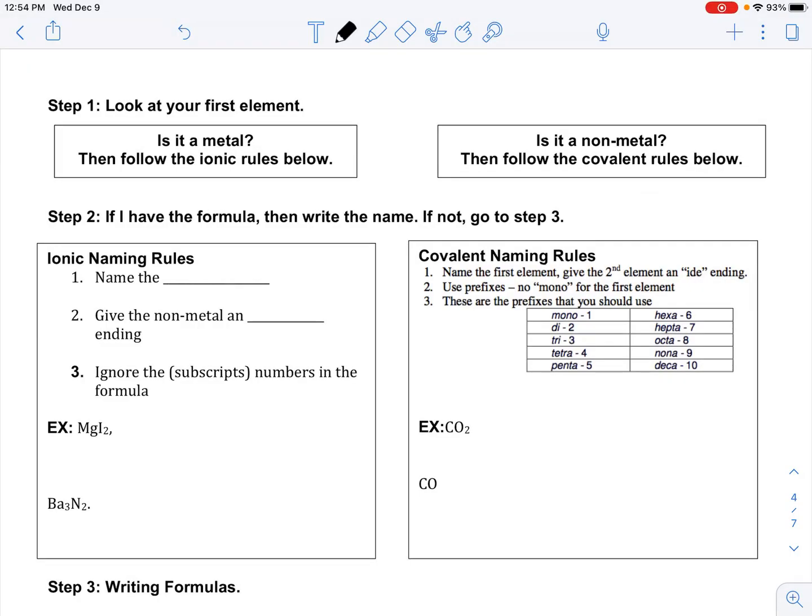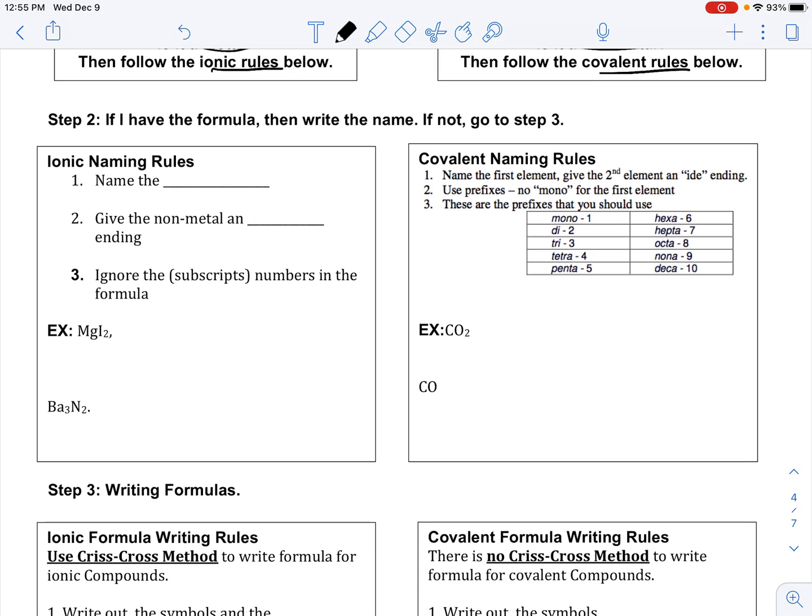Okay, so yesterday or Monday, you went over the flow chart at the end of class about ionic and covalent compounds. Ionic rules are when your first element's a metal. If your first element is a non-metal, then you follow the covalent rules. The first part is if you have the formula, so this is MgI2, Ba3N2, CO2 or CO, then you're doing